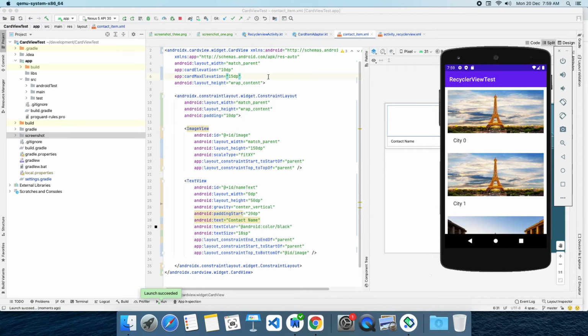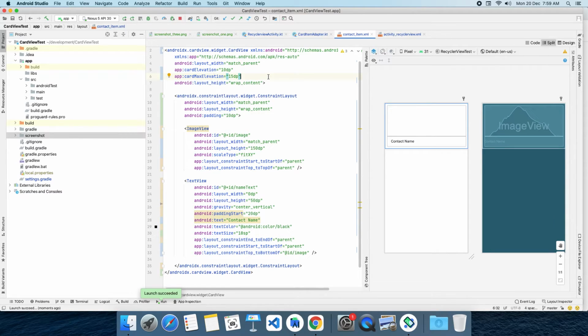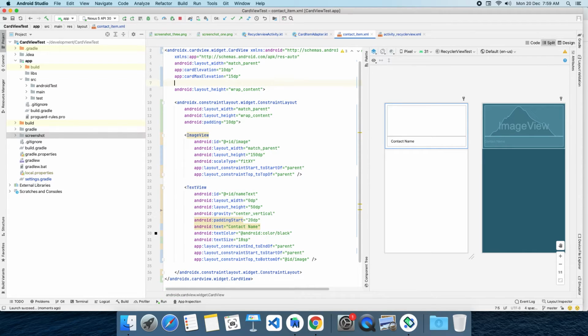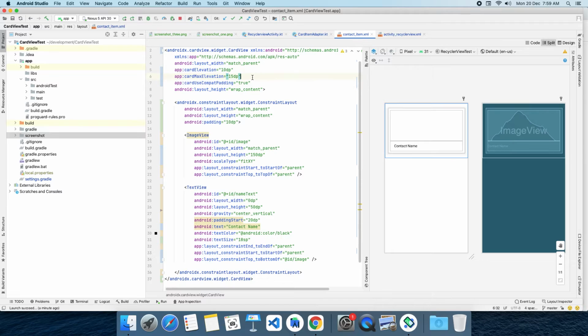Now what we have to do is, our shadow takes up some space to render, right? That space we need to give using a property. That property name is compat padding. Use compat padding equal to true. It means whenever you are rendering a shadow, by default it will render the shadow but we cannot see it.